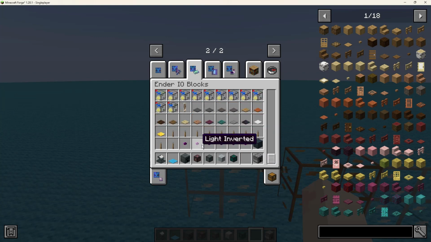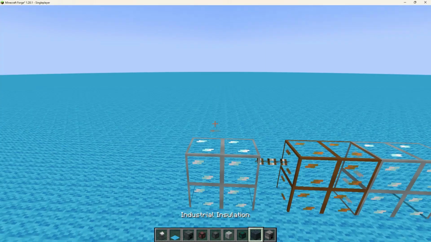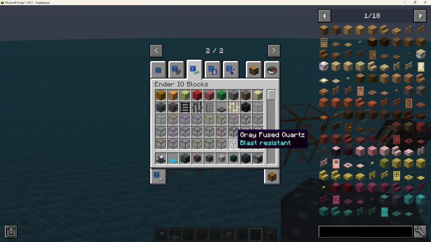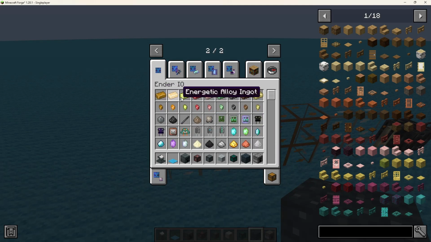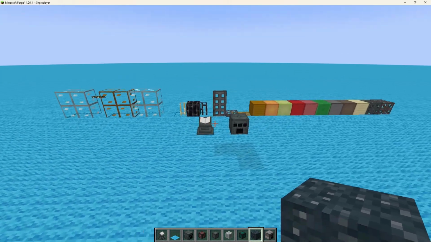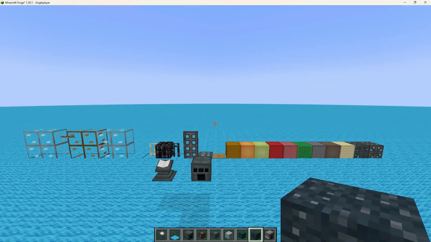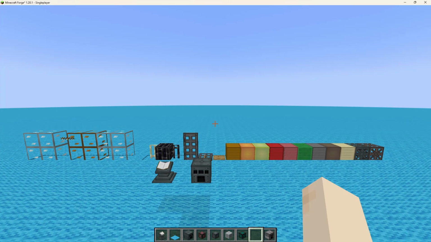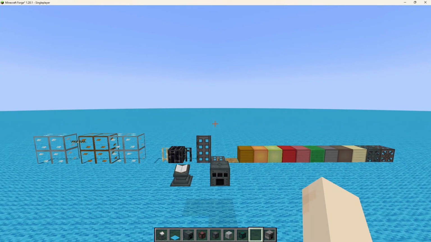And well, you see some lights and industrial insulation, okay? I will start with porting some of these items from Ender IO into our own Fabric mod. Again, I'm not porting the same mod called Ender IO, but I will try to mimic the concept to some extent,